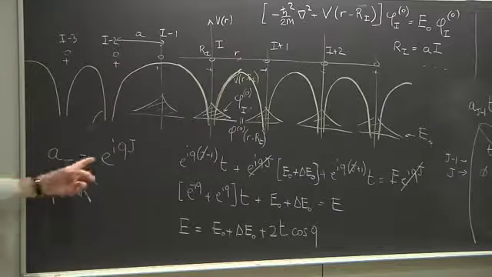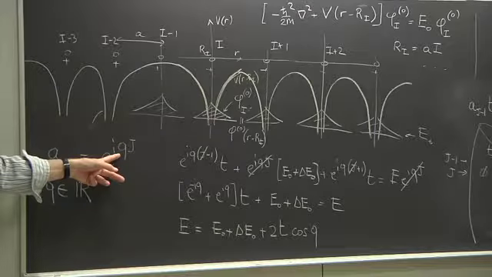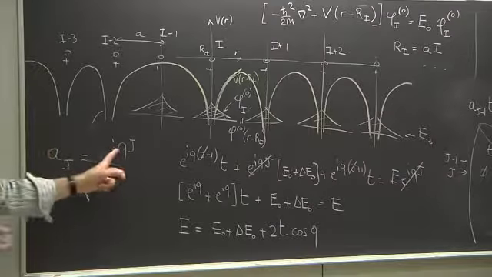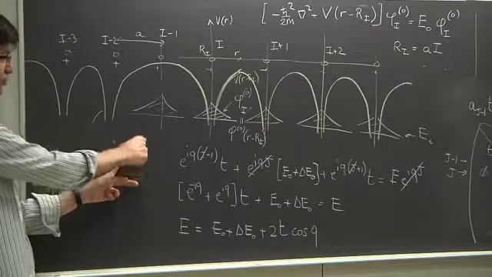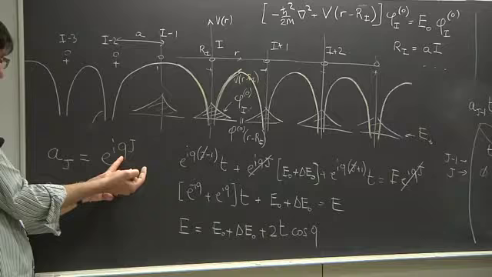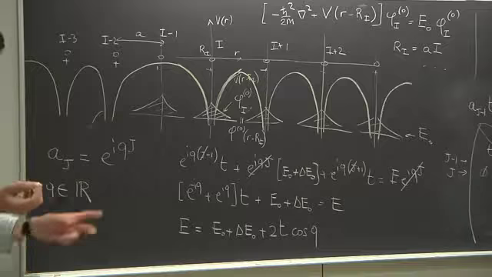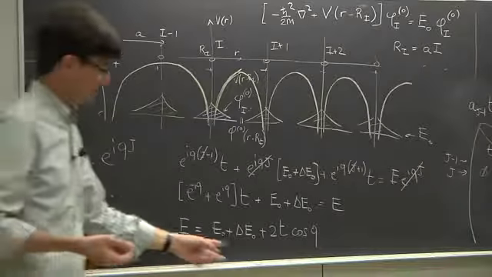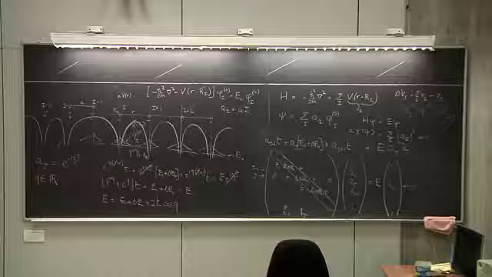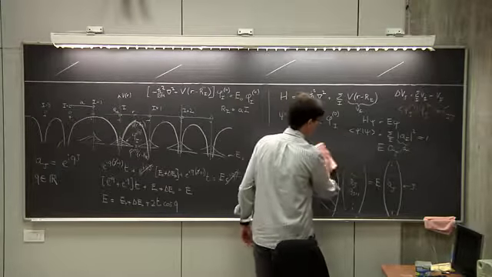In fact, if I take an arbitrary q and I add to that q 2 pi, what's going to happen? I'm going to multiply this times e to the i 2 pi j, but that's 1. Okay? So if the problem is solved for a given q, q plus 2 pi gives exactly the same solution and exactly the same energy, obviously, because the cosine is periodic in 2 pi. So there's something interesting here. I did find infinitely many solutions, but